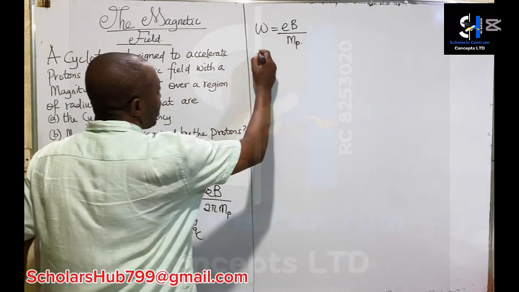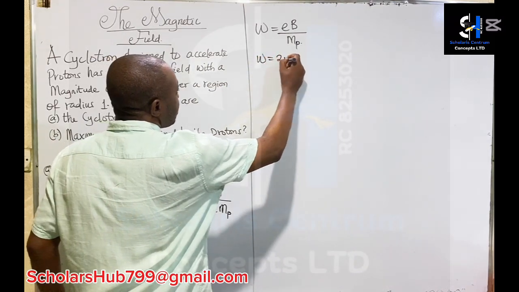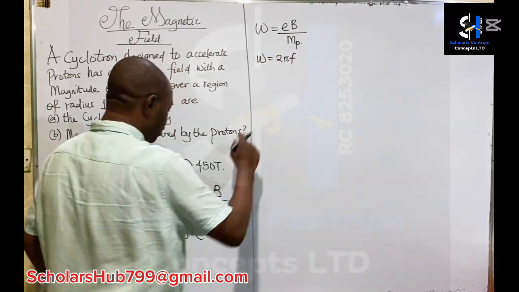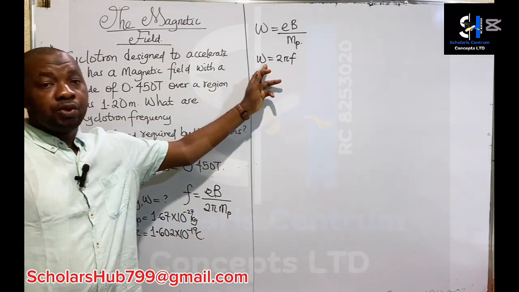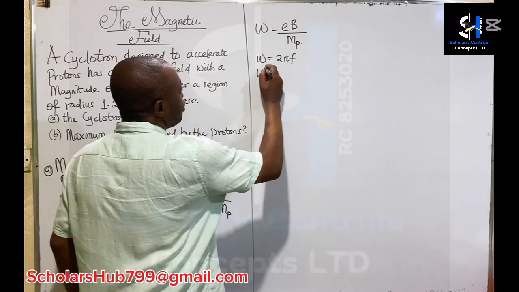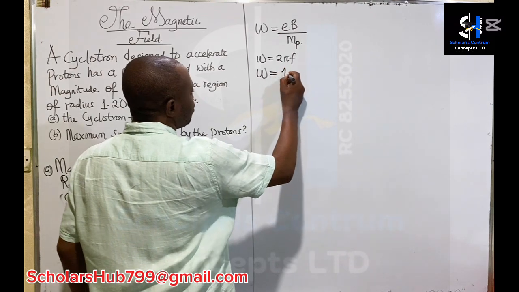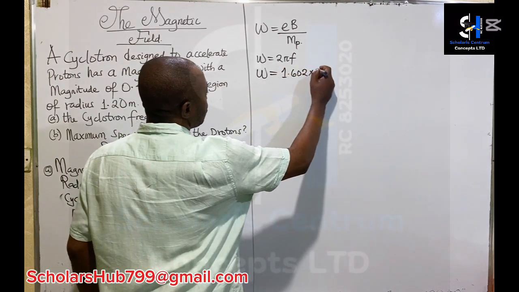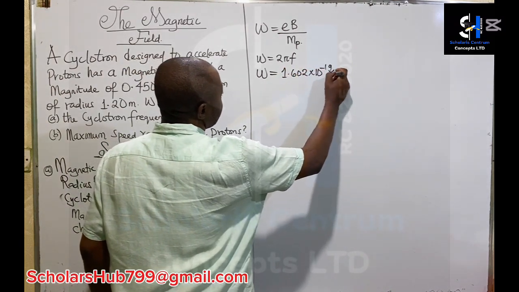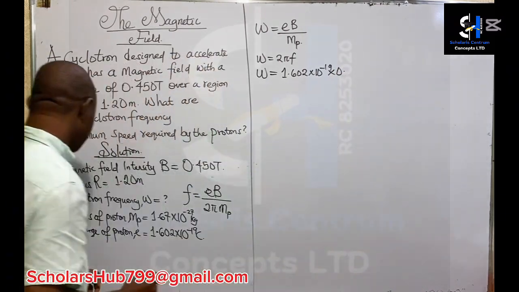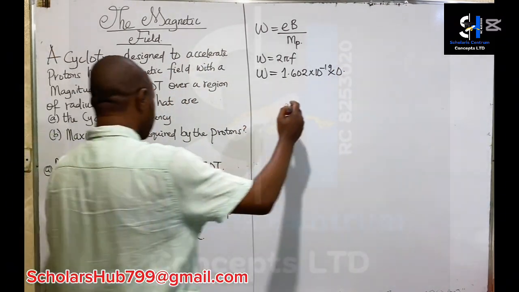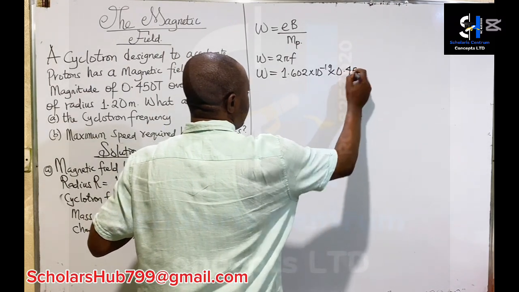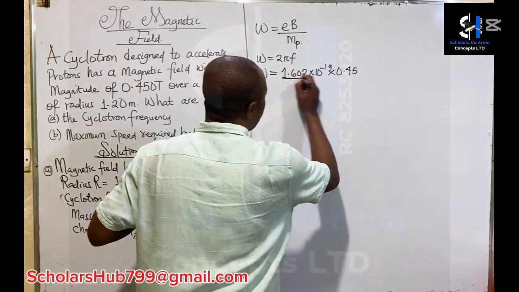We know that omega is 2 pi f. So we have W equals the charge on proton, which is 1.602 times 10 raised to the power of negative 19, multiplied by the magnetic flux density, also known as the magnetic field intensity, 0.45, all over